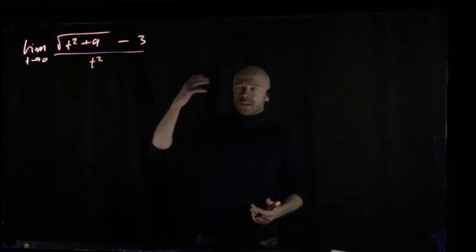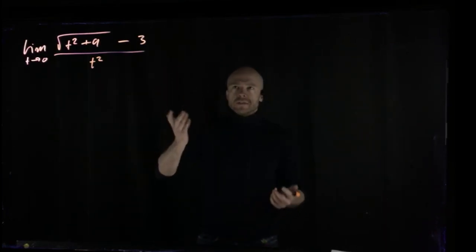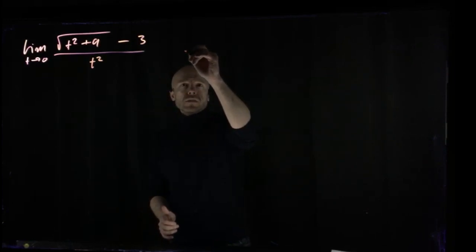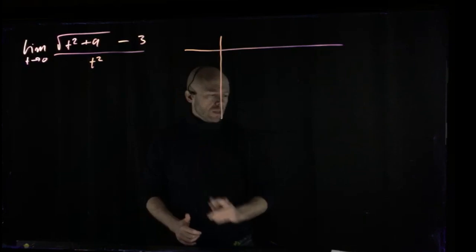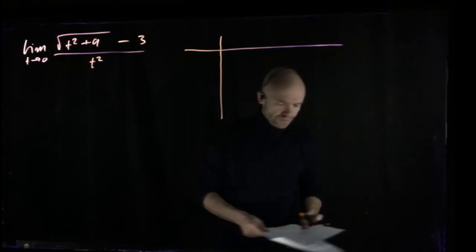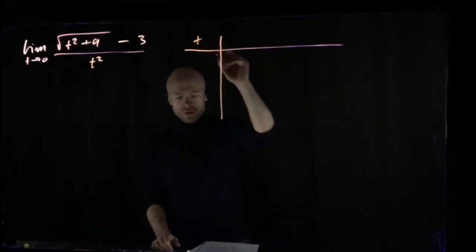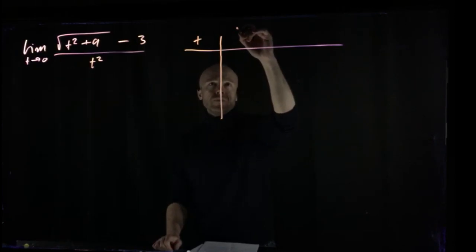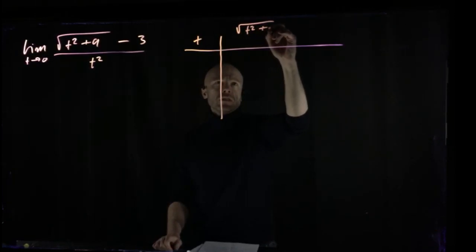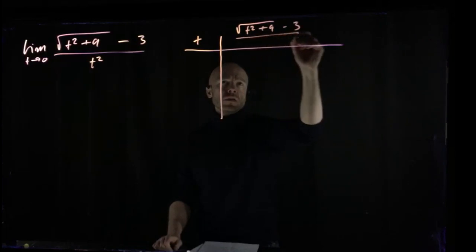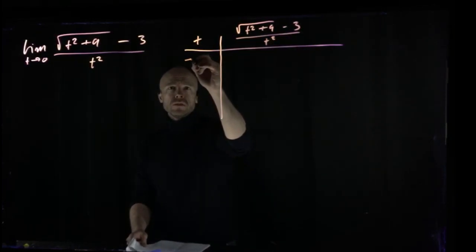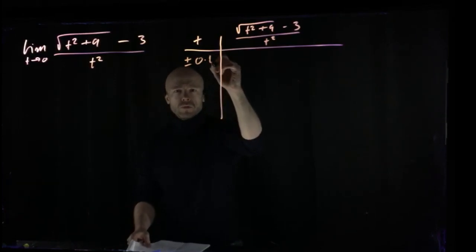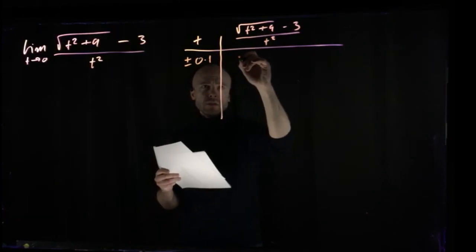Later we'll learn how to understand these things precisely, but for the time being let's just do this kind of numerical table that we've been doing previously. So the values of t over here, and this is our function, the square root of t squared plus 9 minus 3 over t squared, and let's just put in some values and see what we get. So let's do plus or minus 0.1, and this is